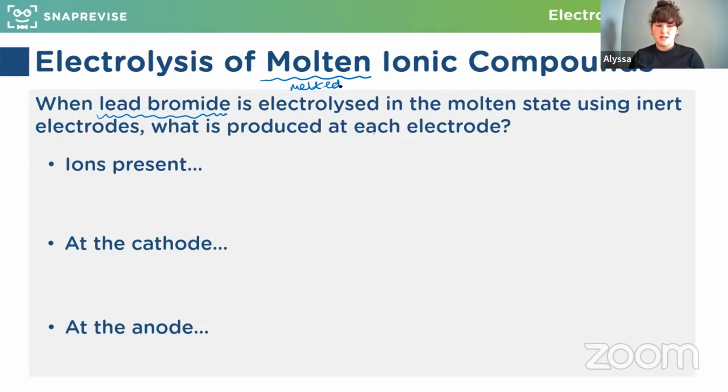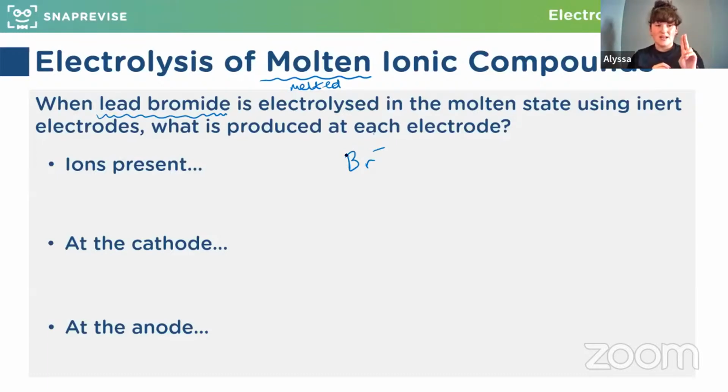Lead is Pb, bromine is Br. So lead bromide, what ions do they form? What ions are present in lead bromide? It's a metal and a non-metal, so it's an ionic compound. That's a good guess, but we may have made a mistake. Double check your lead. Bromine is Br minus, definitely. It's in group 7, so it wants to gain 1 electron to get a full outer shell. But lead,